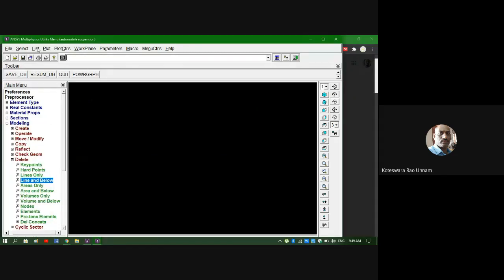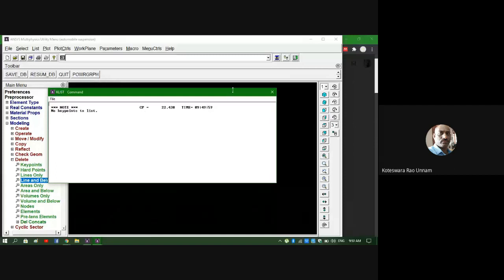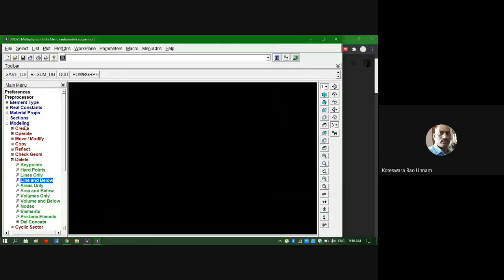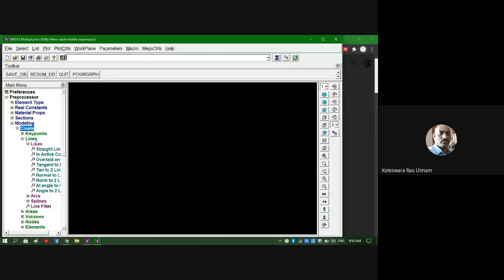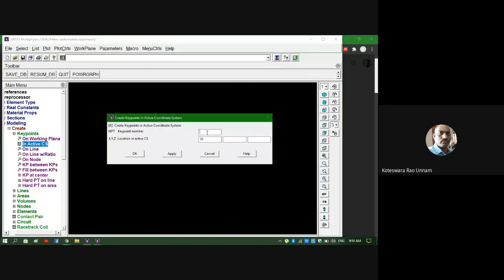Now if I list the key points, it says no key points to list, which means there is nothing now. I'll start again from scratch. First I'll go for create key points in active coordinate system. Here I'll give the first key point at point A, whose x coordinate is 0. I'll apply. Then the second key point, whose x coordinate is 4.